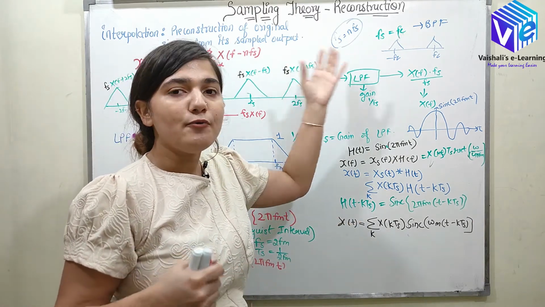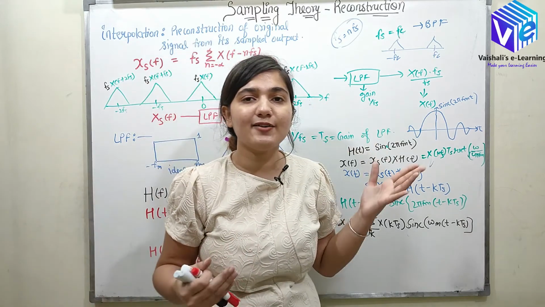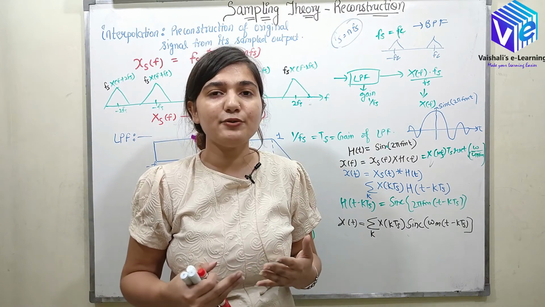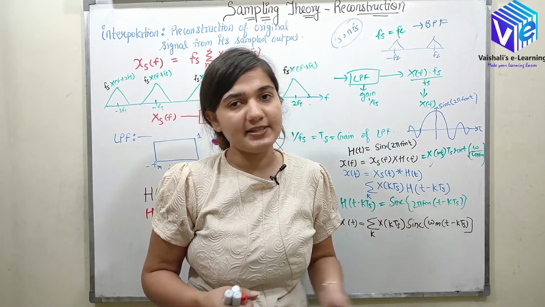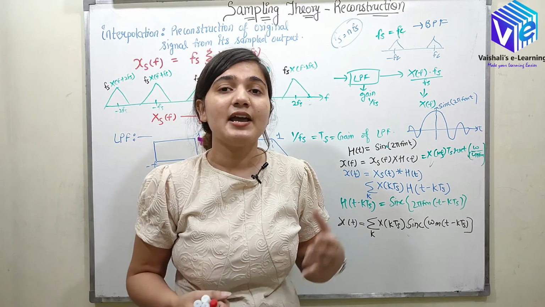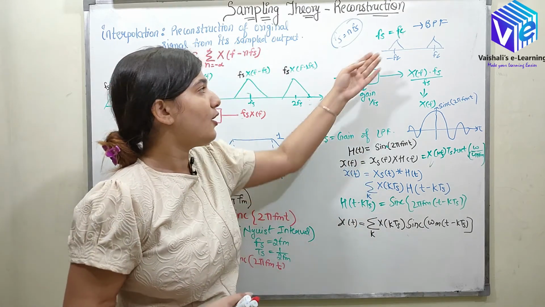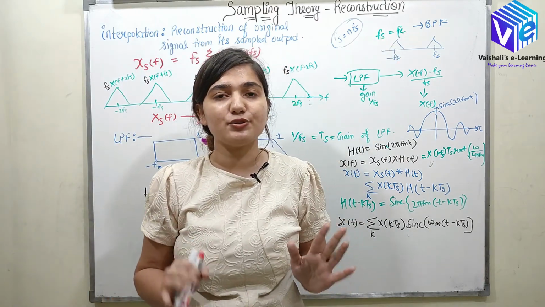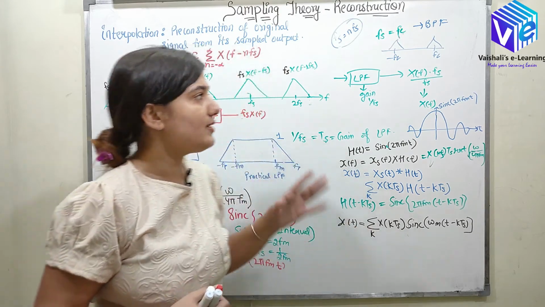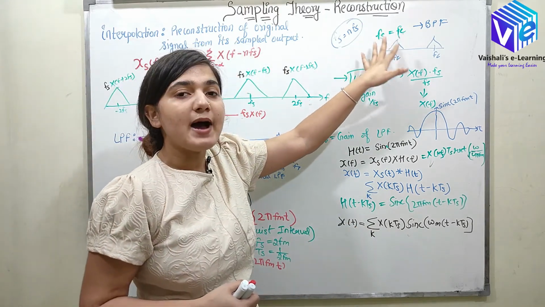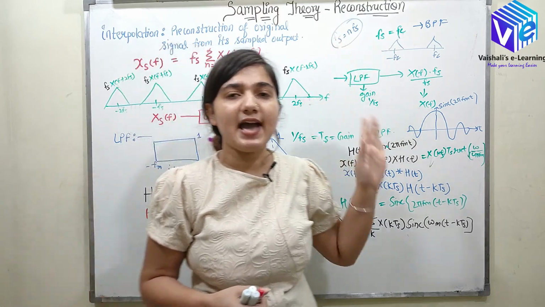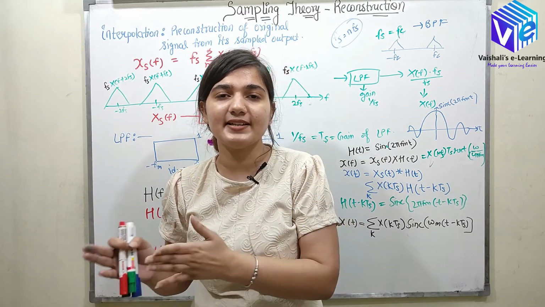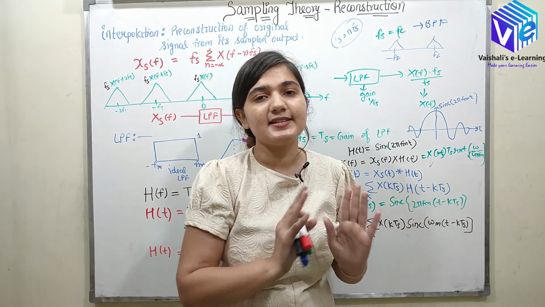Now how will I demodulate it? If I have to recover the information from the double sideband suppressed carrier, I'll use the demodulation technique of double sideband suppressed carrier. What was that? I can use the synchronous detector or any detector which can detect the double sideband suppressed carrier. I hope you now understood what reconstruction is and how we can reconstruct the signal when it is passed as a double sideband suppressed carrier amplitude modulated signal as well. The sampled signal can be transmitted as a DSB-SC signal as well.